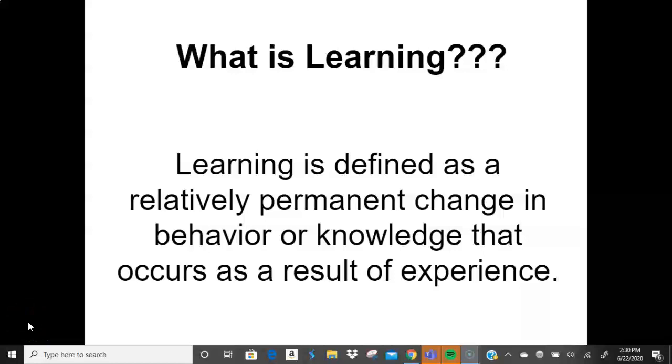So the big question is, what is learning? Learning is defined as a relatively permanent change in behavior or knowledge that occurs as a result of experience. Basically, learning is the process by which life experiences cause change in our behavior or thinking of just how the world exists. You adjust your behavior accordingly as consequences happen to you, especially those that result from your own